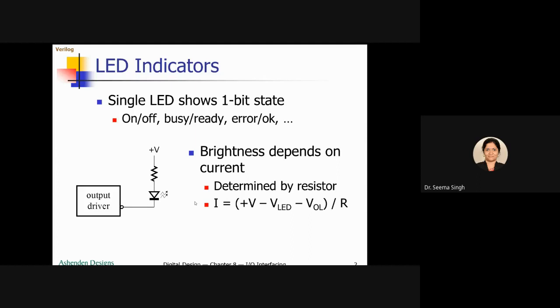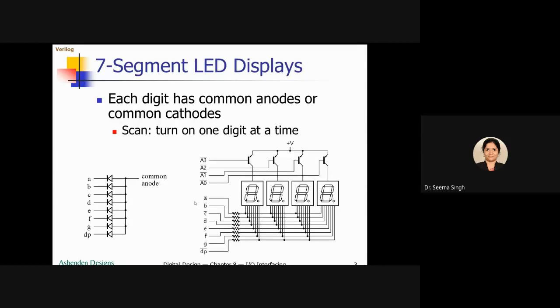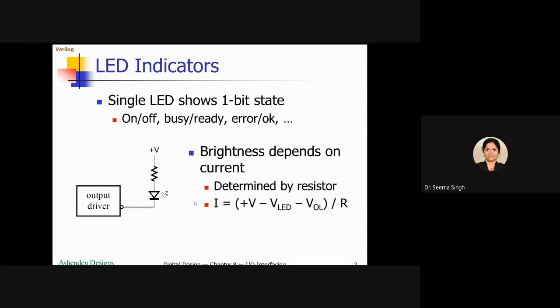Now you have seen also that series of LEDs are used. This is about the 7-segment LED display. You need to see this connection very carefully, because you need to write a program on this also. In the previous chapters, we have seen that there are common anode and common cathode LEDs. What you are seeing here is a common anode one.